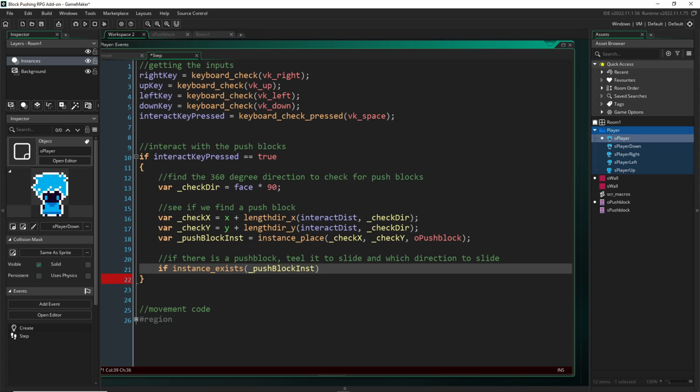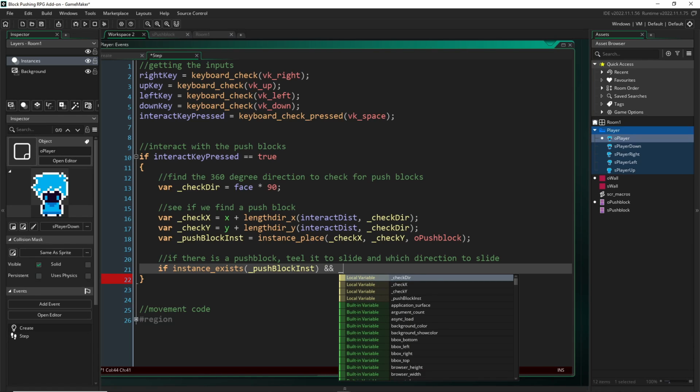And even if they did, it wouldn't change anything, but there may be a scenario where the player is on the top corner and it tells it to go to the left, and then the player moves up and faces down and tells it to go downwards a frame later, somehow doing some frame perfect thing. It'd be very unlikely with the way that we've set the speeds of the push blocks to work, but again, it's possible. So first, we're checking if it exists, and then we want to say, if it does exist, then